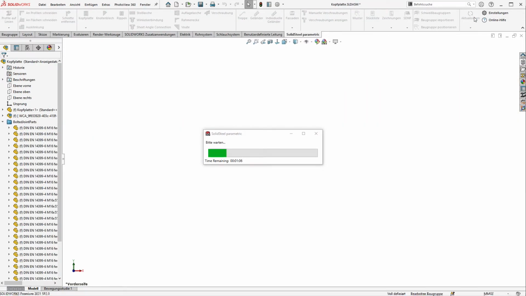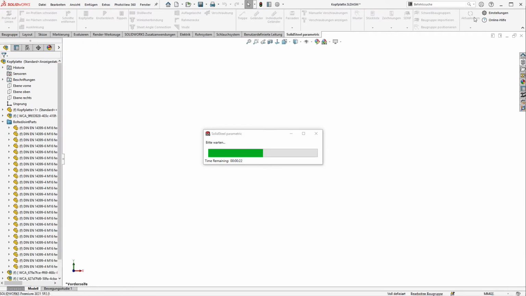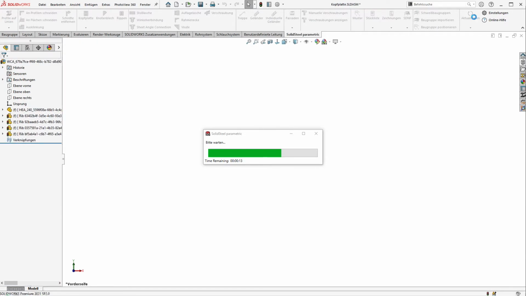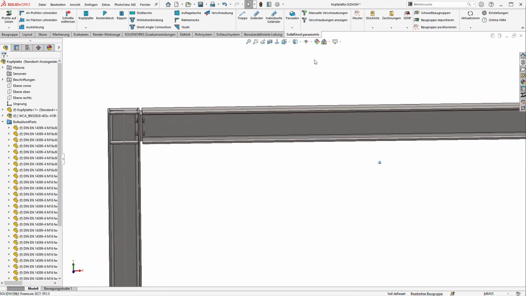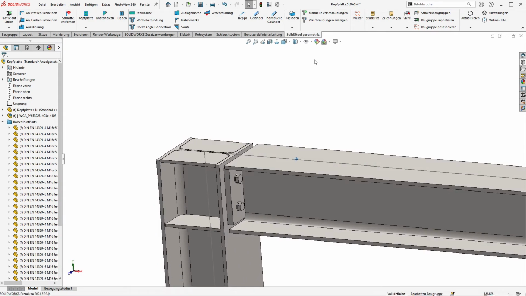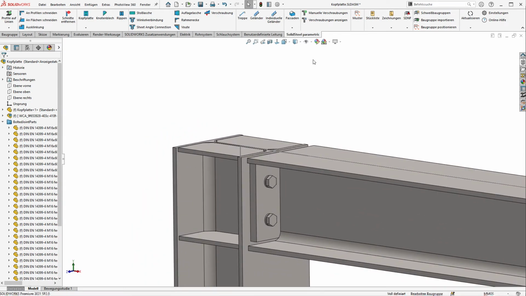I use the time to tell that in the result the ribs were adjusted, but the end plates were not, or let's say not in the way we expected. Okay, that's it. The reason that end plates are not automatically adjusted is that it's not only the geometry of the parts that counts, but also many other parameters that were defined when the end plates were selected. So solid steel can't know if exactly these end plates should be kept or not.